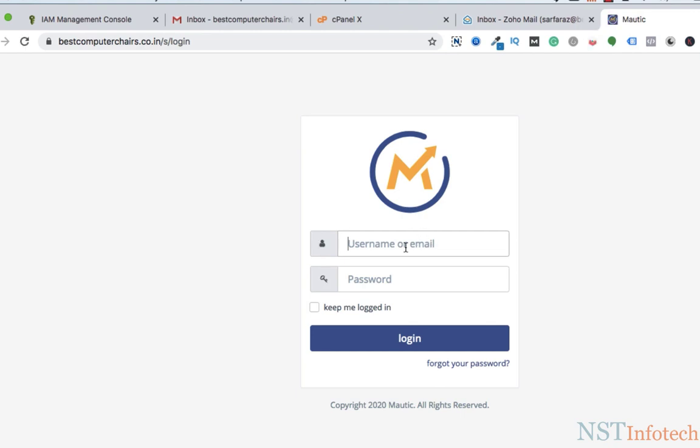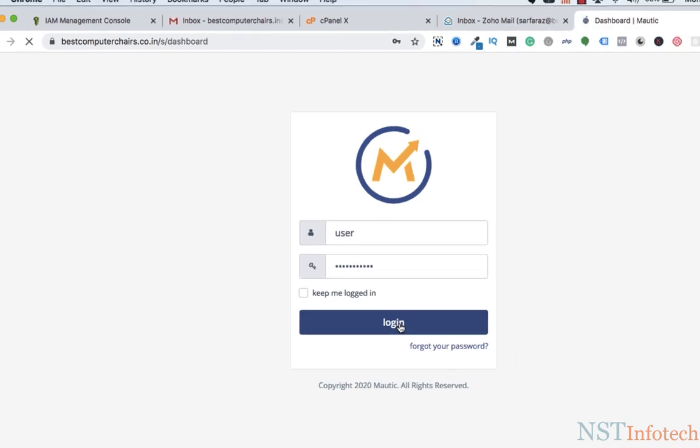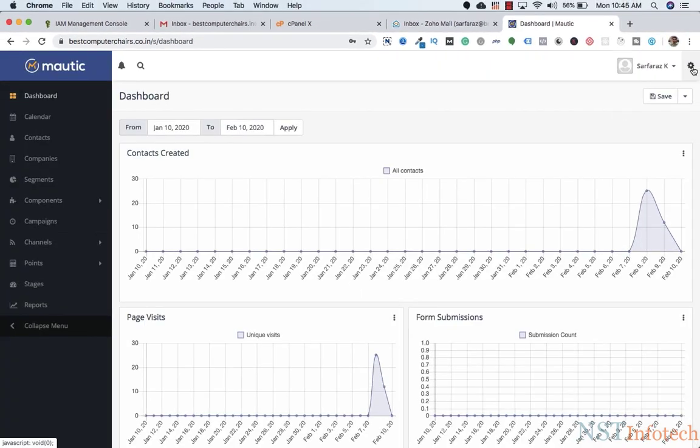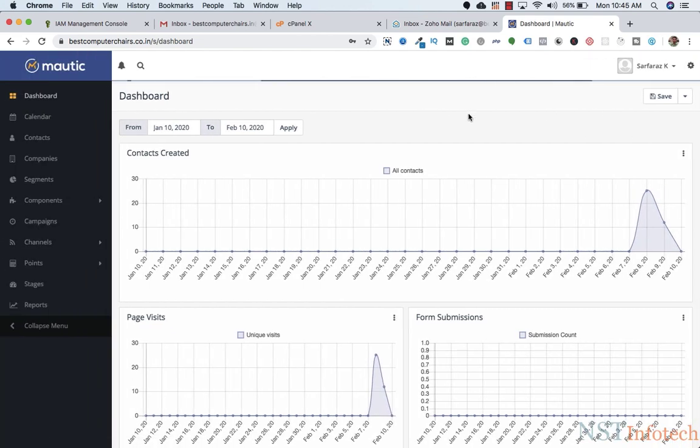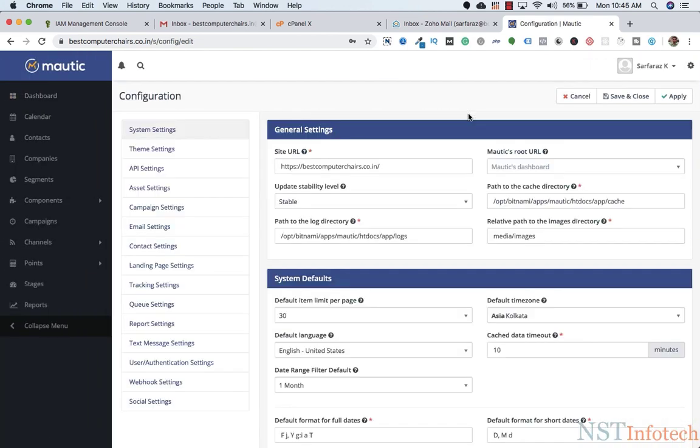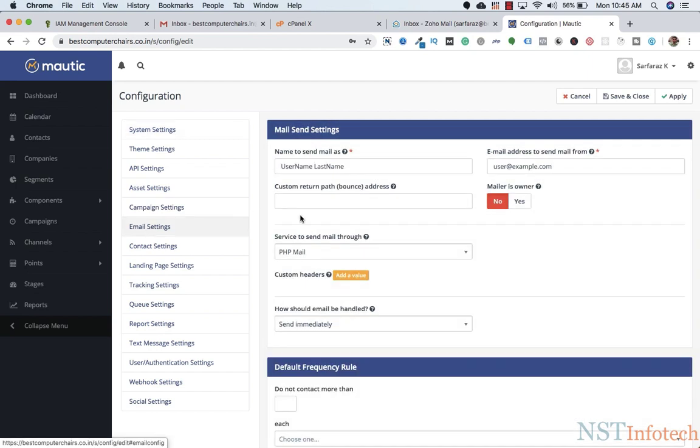So we need to log in into Mautic, and here we need to click on this icon and we need to go on configuration, and here we need to click on email settings,